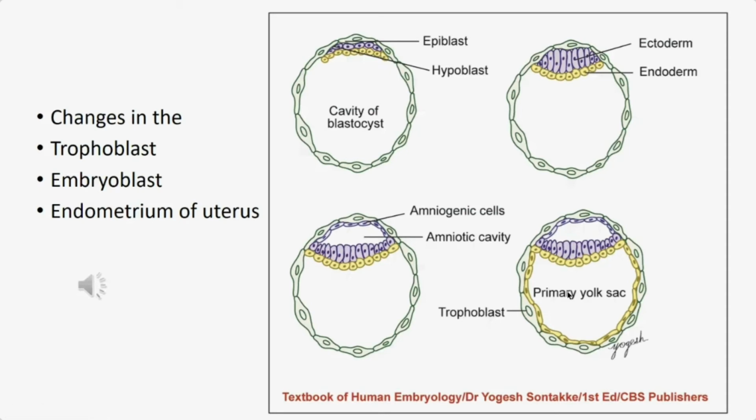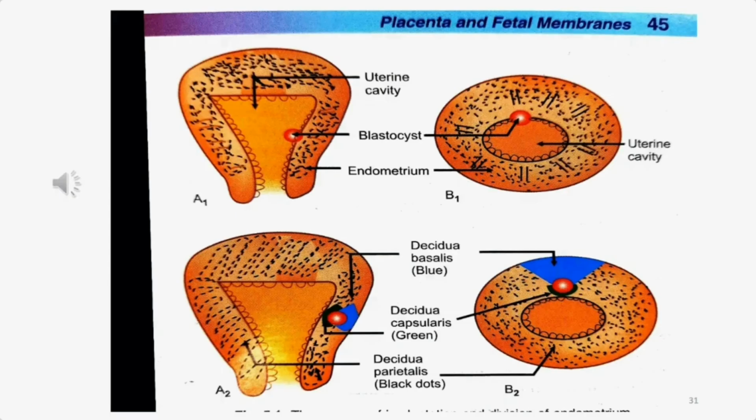And now the embryo becomes a disc between the two cavities. It is formed by the ectoderm and endoderm, and the surrounding layer is the trophoblast. Here you see the blastocyst implants within the wall of the uterine cavity. The normal site of implantation is the posterior wall of the uterus, at the junction of the fundus and the posterior wall.